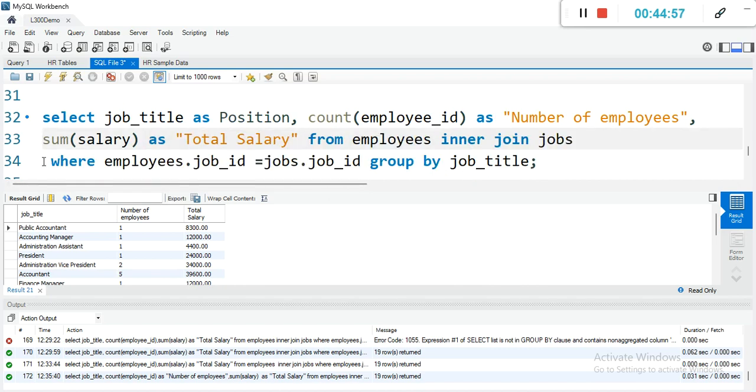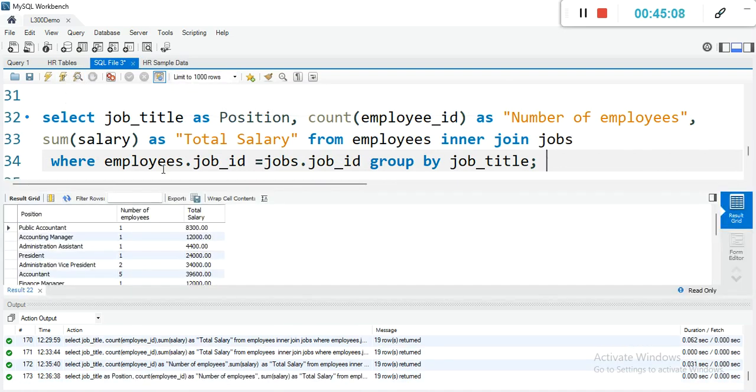All right, so I think we are done with this particular session. Let me execute it once more. I'm going to do a part 2 for the aggregation function. There are a lot of things you can do with aggregation functions. So you can see now the position is public accountant, number of public accountants is 1, their total